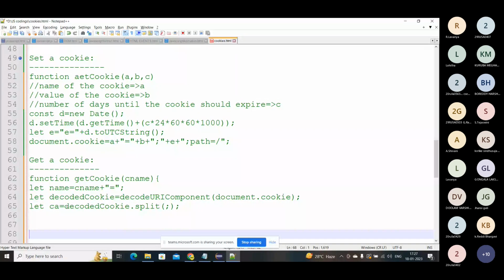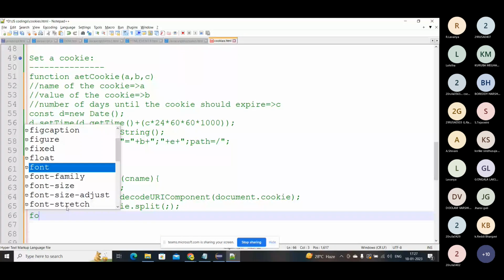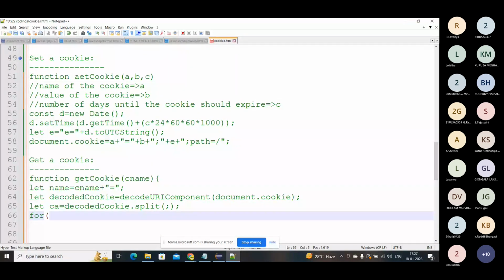To find the length, what should I do? A for loop, so i equals 0, and I check i lesser than ca.length, and I increment. So let c equal to, I'm going to assign with this one.